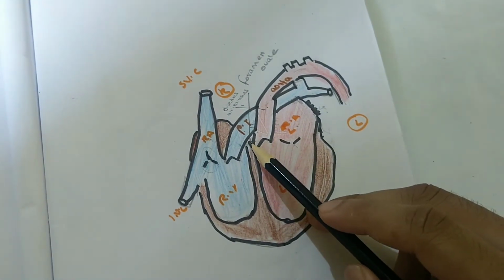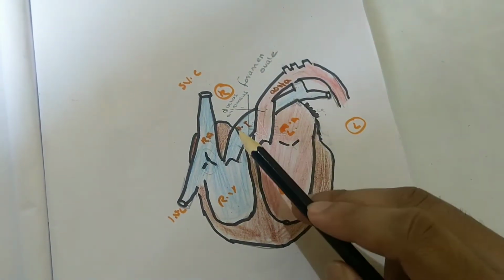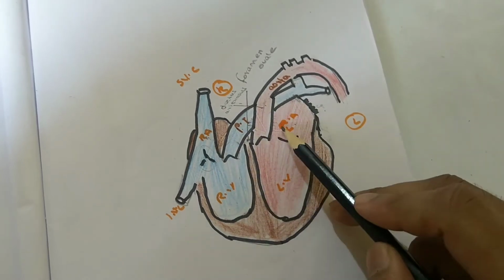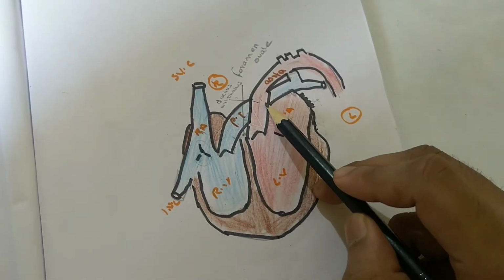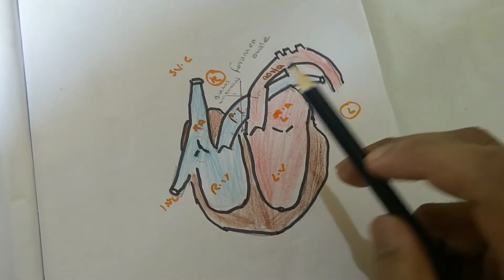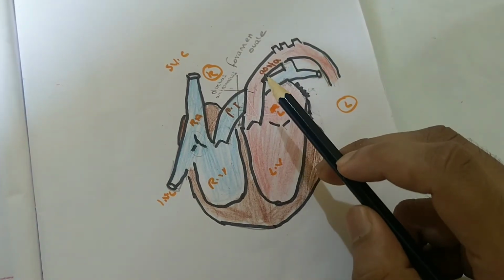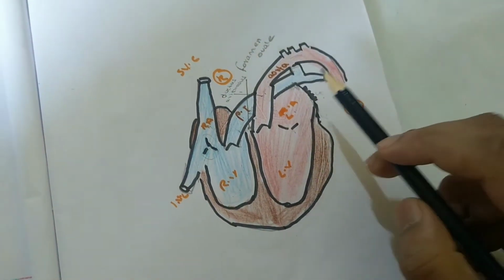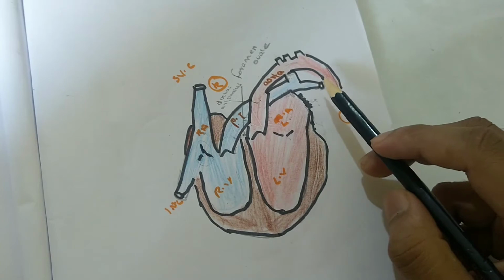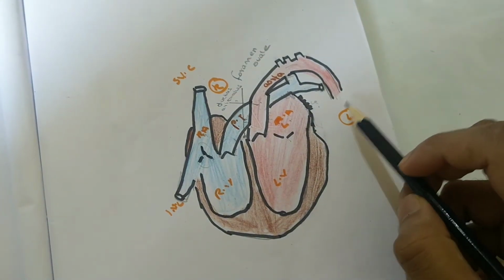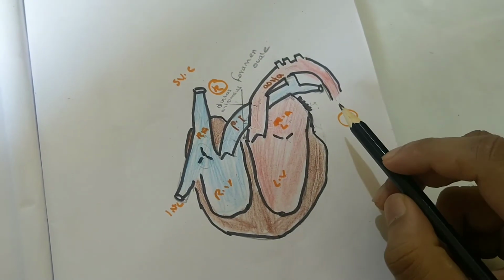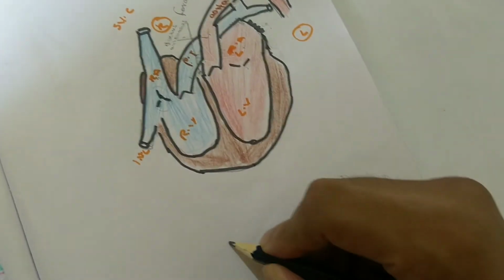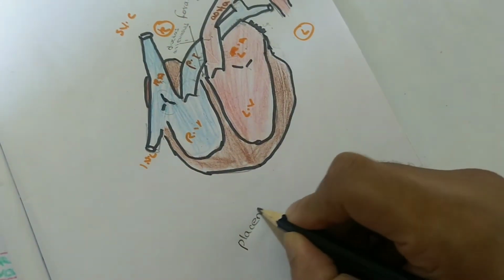So this foramen ovale and the ductus arteriosus, through which the blood shunts from the right atrium into the left atrium and from the pulmonary trunk into the aorta, are the two main structural differences between a fetal heart and a normal heart. And the characteristic feature of a fetus is that its lungs are not functional. So the fetus gets its oxygenated blood from the placenta.